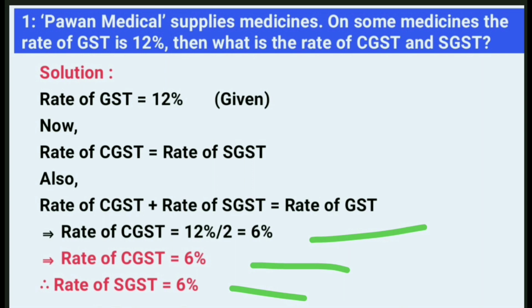तो इजीली हम लोग सॉल्व कर सकते हैं। हमें क्या करना है, बस CGST और SGST जो होता है दैट इज हाफ ऑफ द GST, तो GST के आधा होता है, यही हमें ध्यान में रखना है। सो CGST प्लस SGST इज इक्वल टू GST। तो बहुत ही इजीली हम लोग सॉल्यूशन निकाल सकते हैं।